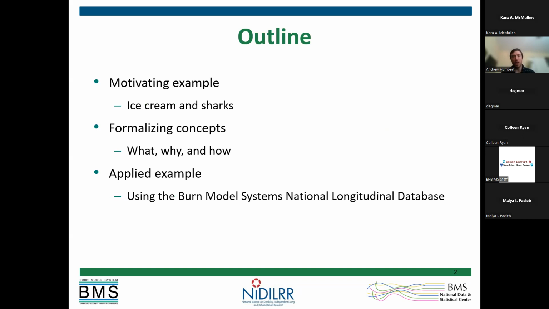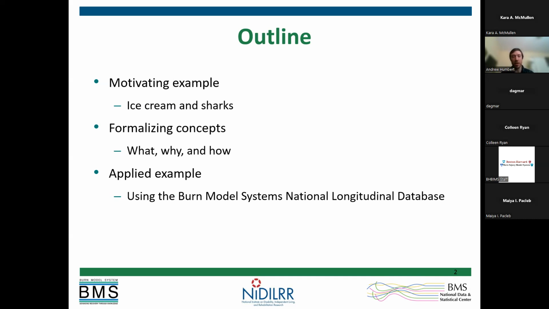The outline for this talk starts with a motivating example, ice cream and sharks, just keeping it light, but it's an example that comes up quite a bit if you Google search confounding or correlations and causations. So it's an example that's very present out there. It does a really good job of illustrating what confounding is, the potential issues with confounding, and why it does need to be addressed. I'll then briefly try to formalize those concepts. We're not getting into detailed textbook definitions here, but trying to put it in a little more formalized definition than just using ice cream and sharks.